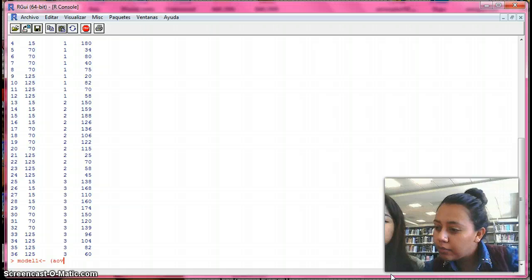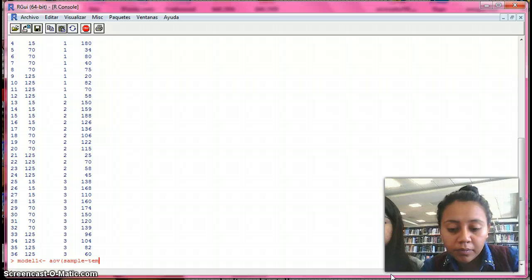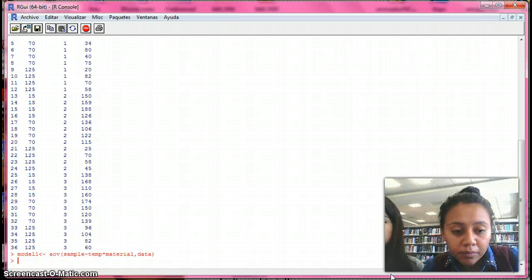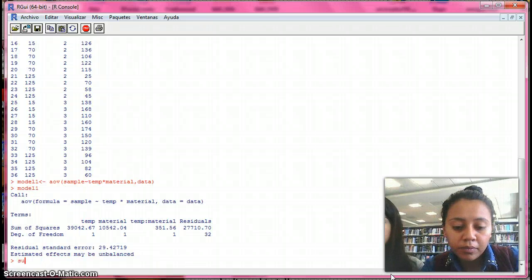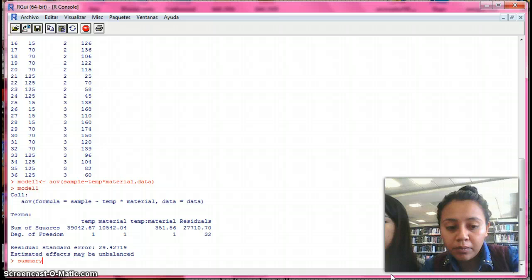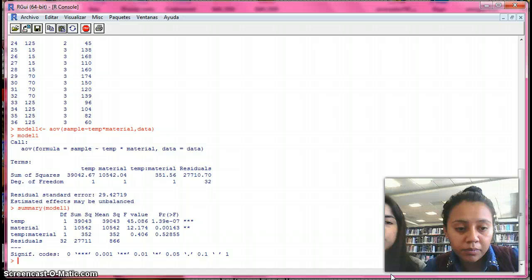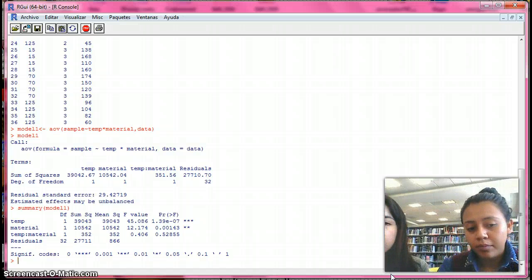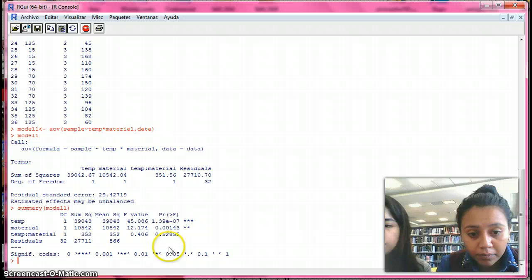In the ANOVA table, we are getting the sum of squares and the degrees of freedom, as well as the information within the groups and between the groups. Now that we have the ANOVA table, we need to ask for the summary. In the summary, we are getting the p-value,